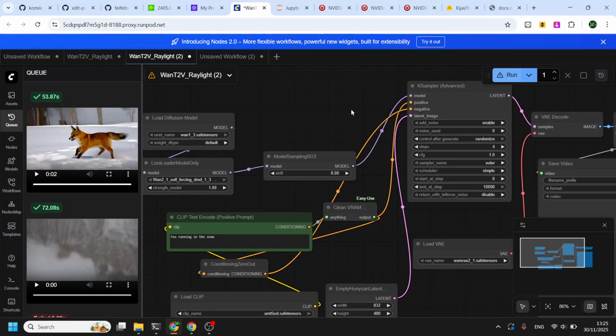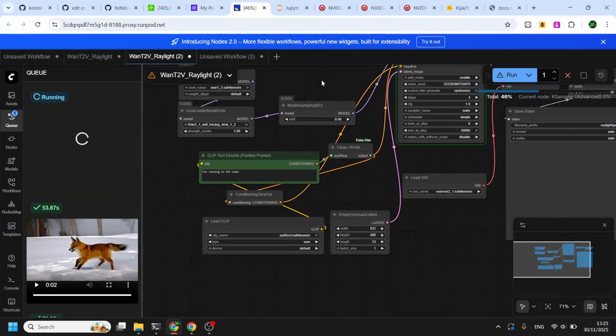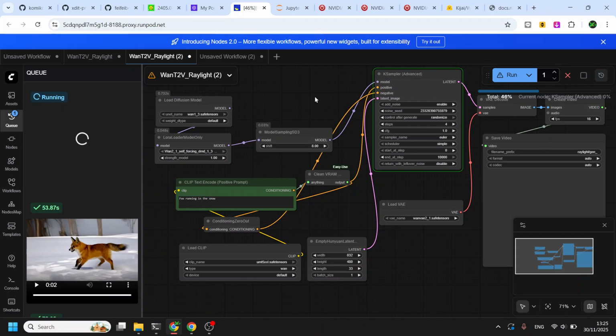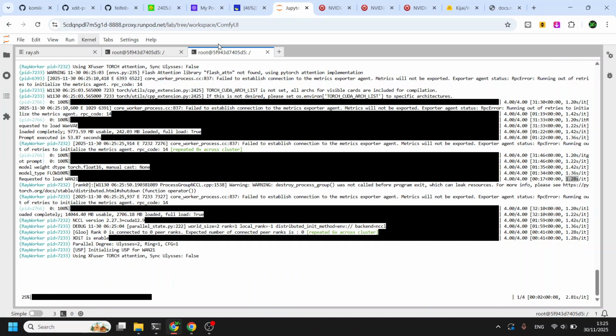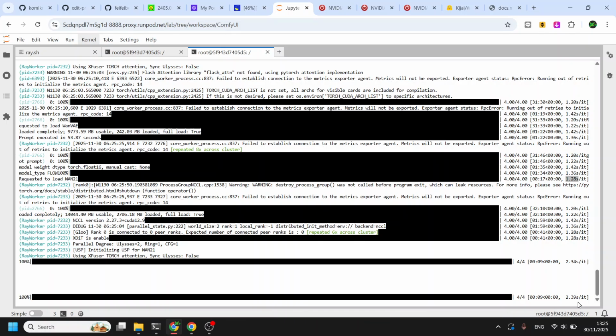So let's test against a normal ComfyUI workflow. It's like 1.93, 2.24 seconds. So if you do your math quickly, 1.9 seconds is not twice as fast as 1.28 seconds.